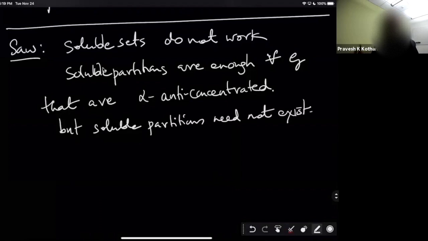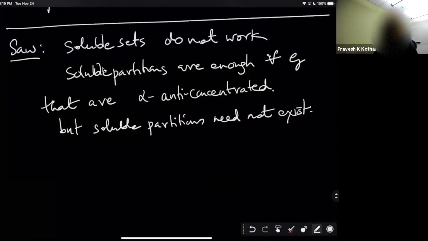So what this means is that if somebody is able to find such a certificate for us, well, great. Then we are happy. Then we do have a good list. We are sure of that, given that G is sufficiently anti-concentrated. But such a partition did not exist. So we haven't really solved the problem for all possible G's and B's, even when G's are anti-concentrated.